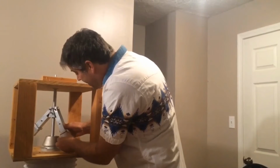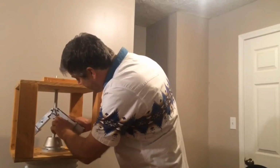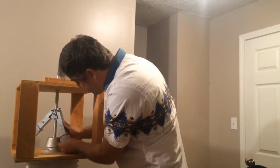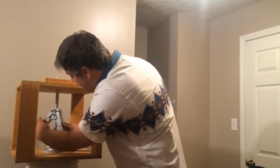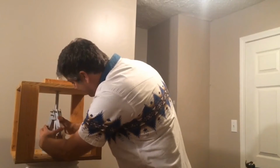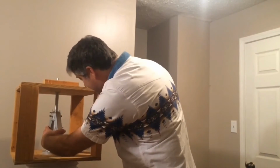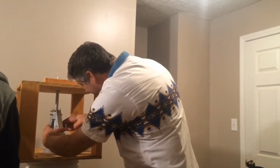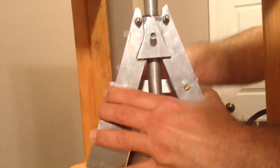I'm going to put it together. These arms are made where they can only go in so far, and it prevents it from actually attracting all the way to the magnet. And then this one, of course, is pushing away, so it doesn't want to go in. But we use a simple little tool here to lock them in place. And to prove that one of these designs can